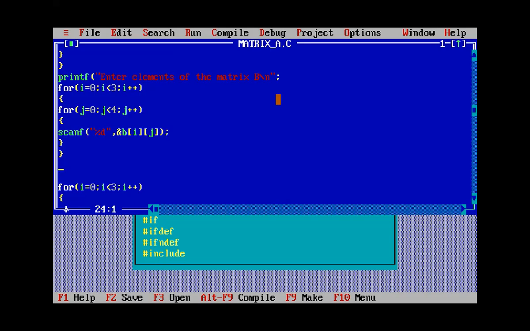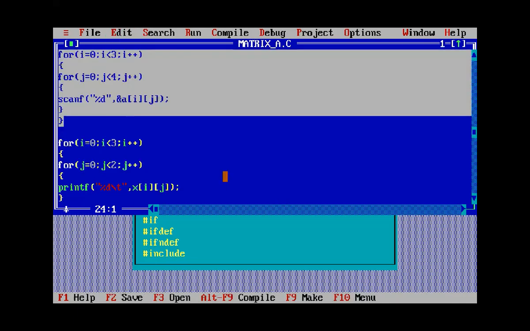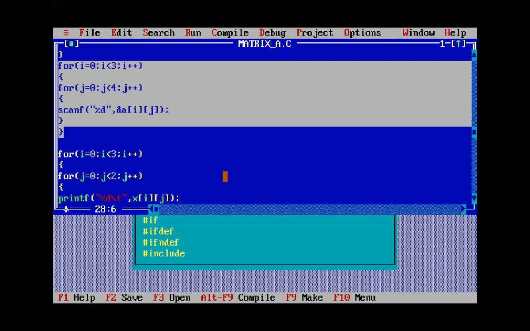Let us now try to find the sum of the two matrices. We will again use the paste function here. And instead of entering the data now, what we will be doing is we will be asking that sum of i j is equal to A i j plus B i j.